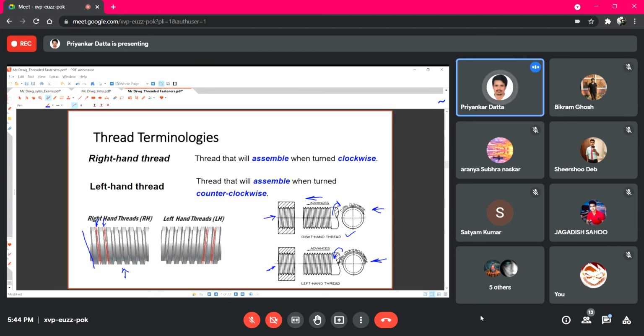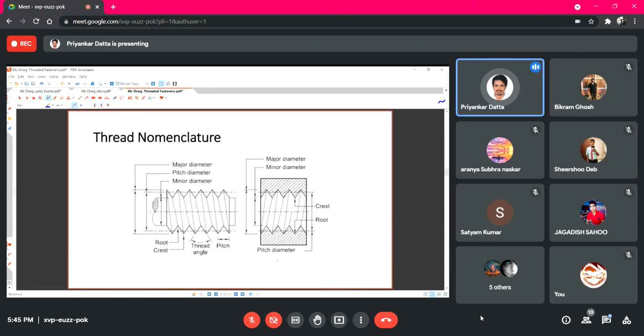So these are some of the examples. In some fans also left hand threads are given, because if the rotation is in clockwise direction and the threading is right hand, while rotating it may get loose and come out. So the reverse threading, left hand threading, is given so that if it rotates in that direction, it will be tightened instead, right?